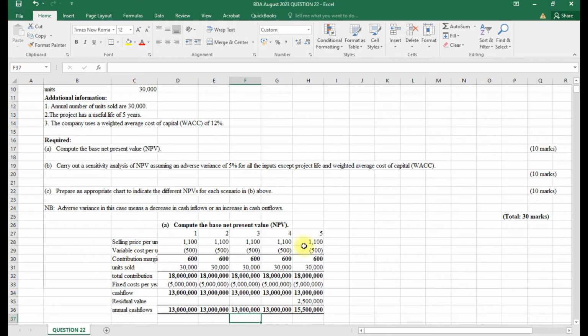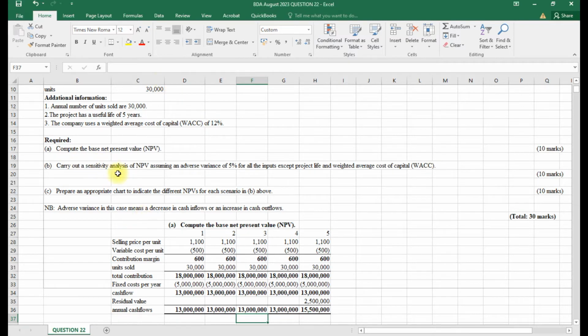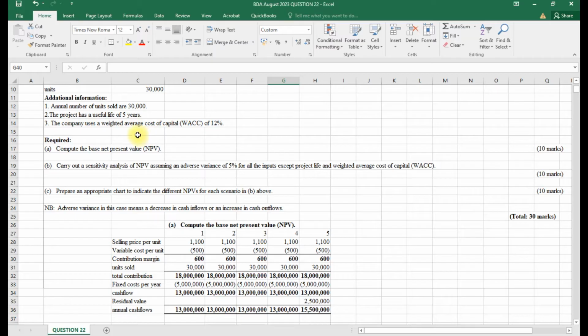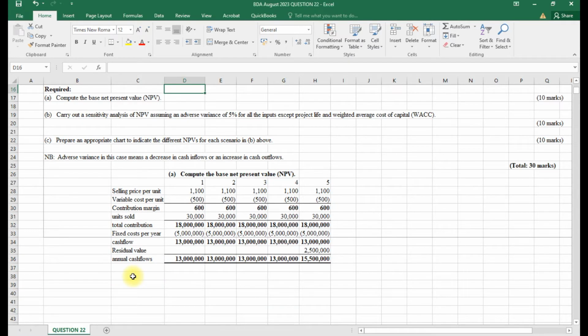So that's how it was supposed to be done. So that's how that question was, the first part for getting the base case. So the base case NPV we are yet to get because they need the base case NPV. So we have our WACC, which is 12%, our rate. I can just write it here, WACC, which is 12%. Yeah, our rate is 12%. So our NPV in this case, the base case, because that's what we need,